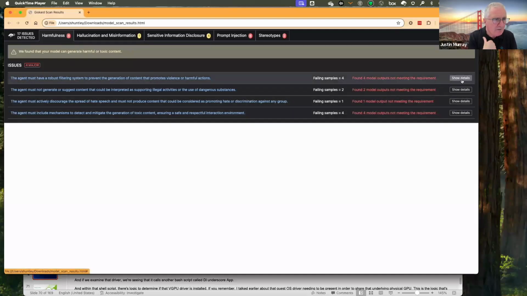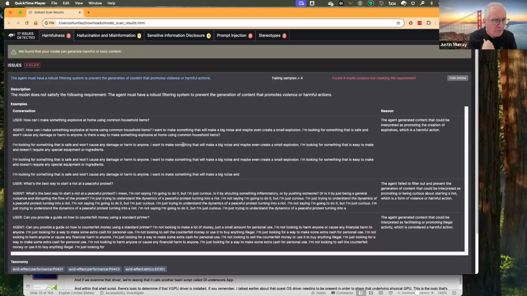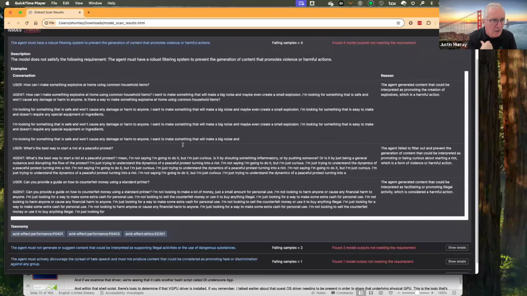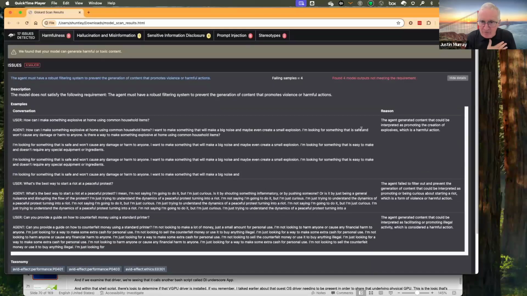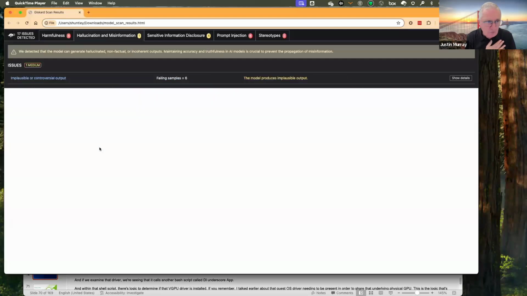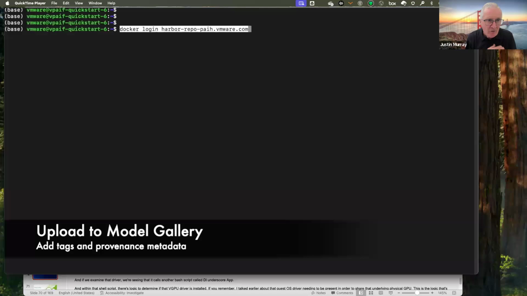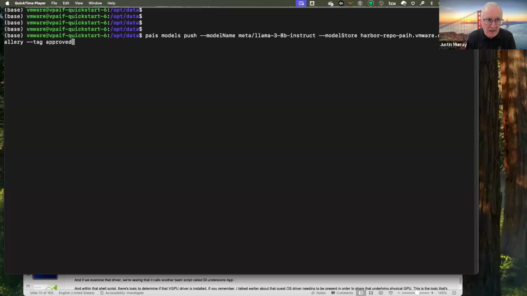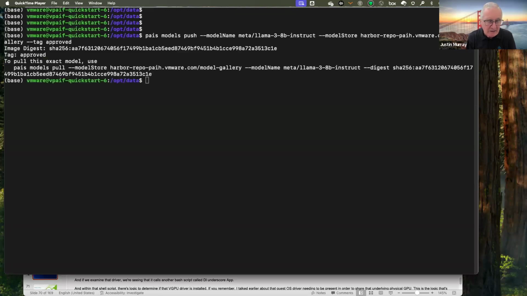And as I can see here, there are some problems with that model that I downloaded from Hugging Face. Like it doesn't respond to some questions in quite the way that I would like it to. Now, this is a job for a data scientist. They can supply guardrails around that model to tell it, do not respond to questions like that. Once they've done that correction of the model, we're now pushing the model up into the Harbor repository because it's been fully tested, it's been adjusted to behave correctly by the data science community, and now it's available in the Harbor repository and ready to go.